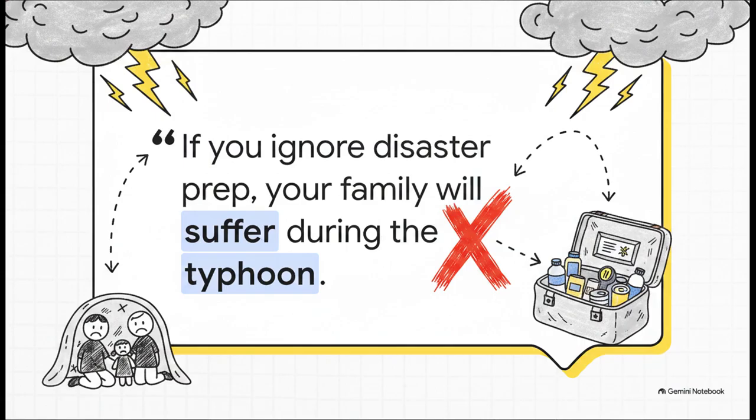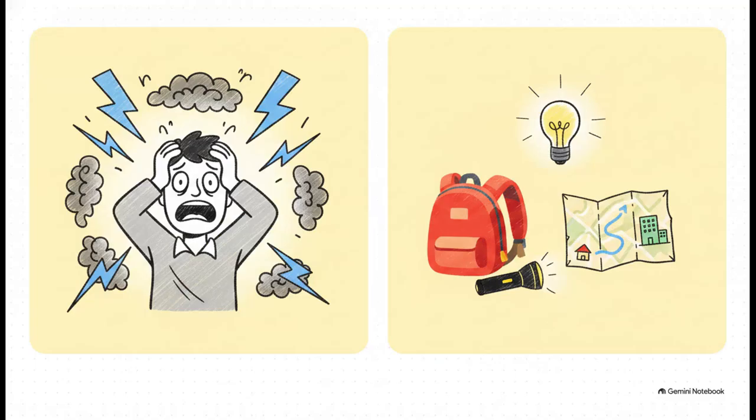Now, look, disaster preparedness is obviously vital, but look at the actual mechanics of this sentence. It tries to force your compliance through extreme, paralyzing worry. By throwing in absolute, devastating words like suffer, it manipulates the reader's emotions and basically weaponizes their love for their family. It doesn't actually teach you how to prepare, it just terrifies you about what's going to happen if you don't. So how do we advocate for safety without the heavy-handed manipulation?